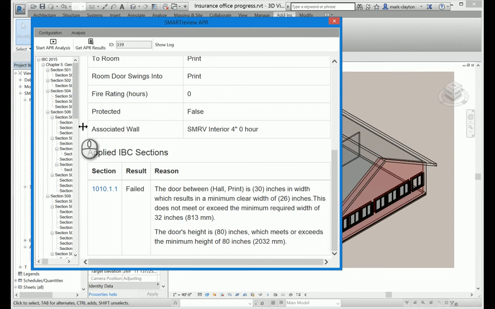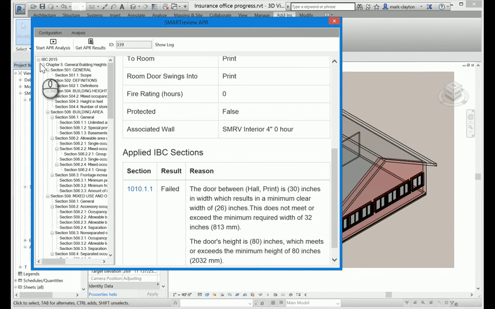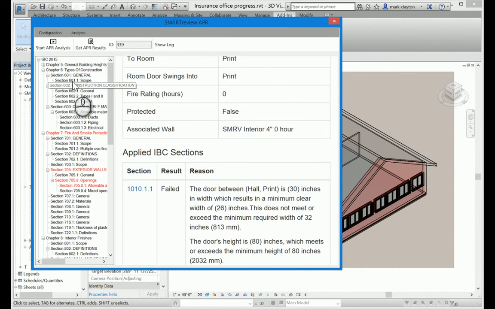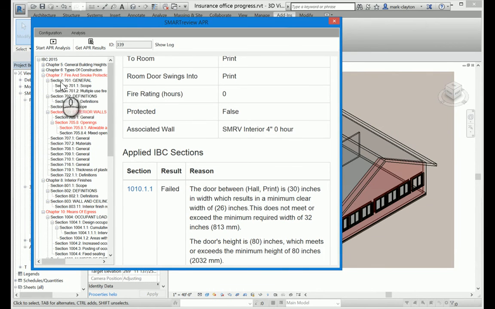I can expand and collapse sections of the code to navigate through it. Now, since there's no problems in Chapter 5, building heights and areas, I'm going to close that down. There's no problems in Chapter 6, types of construction, so I'll close that one. There is a problem in Chapter 7, fire and smoke protection, and I can come down here and see the